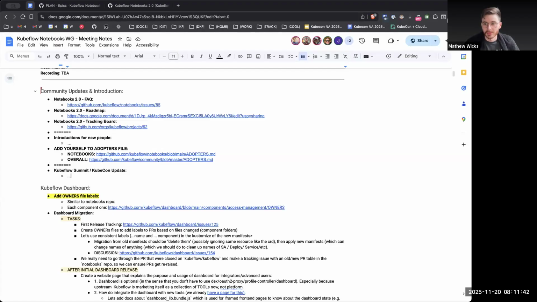I just wanted to highlight it was really good. We had lots of people at the booth. We had lots of talks about Kubeflow. A lot of people have never heard of Kubeflow and were coming up to the booth asking, I keep hearing about Kubeflow, what is it? And if they had heard of it, they might think it's only notebooks or only pipelines. So it was always showing them the diagram of the project ecosystem and saying, this is actually a collection of tools with the sole goal of running AI, machine learning and data workloads on Kubernetes, not pipelines only or notebooks only. So it's always that messaging. If people ask you, that's always important to highlight.